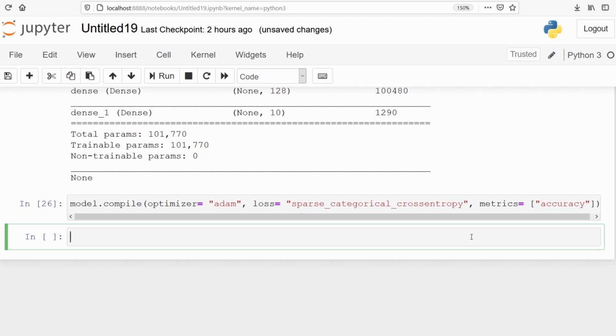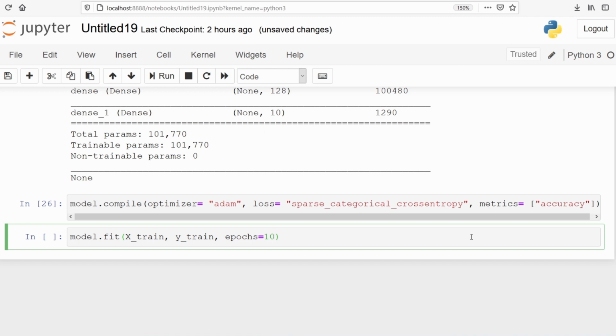Now we have to fit the model on our X-train and Y-train dataset. Model.fit, X-train, Y-train, and we will define epochs equal to 10.